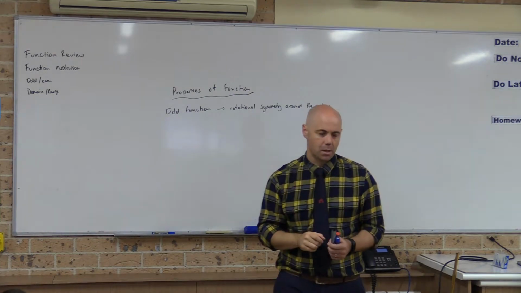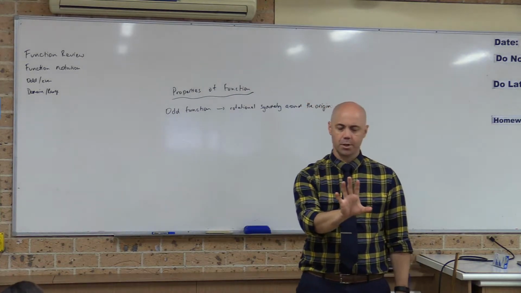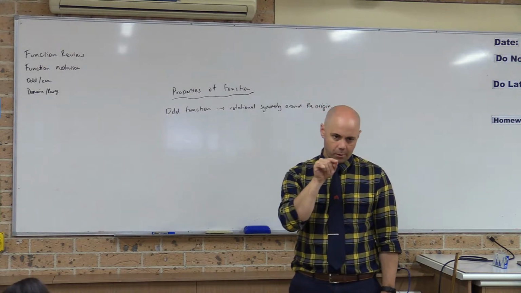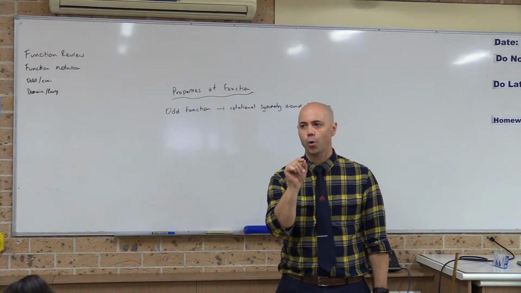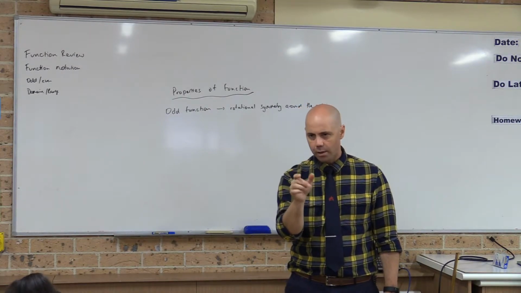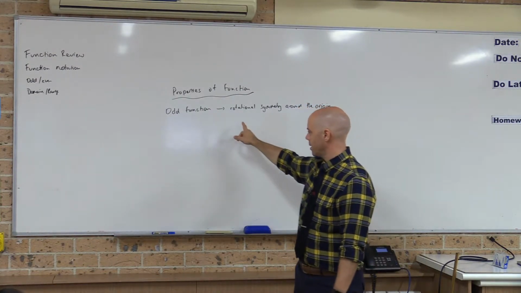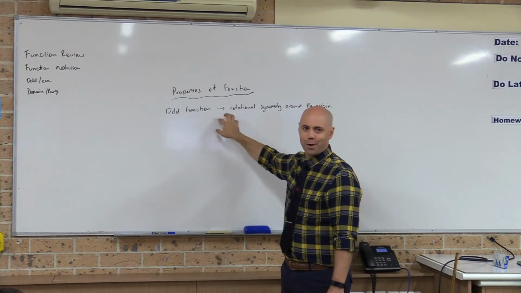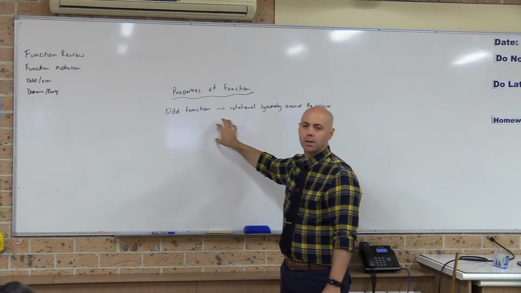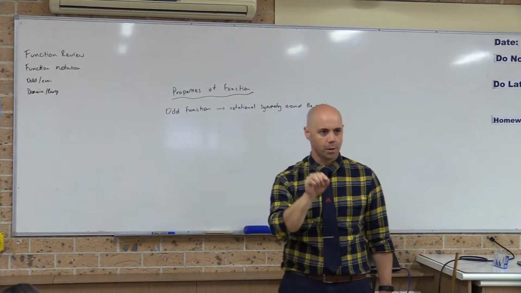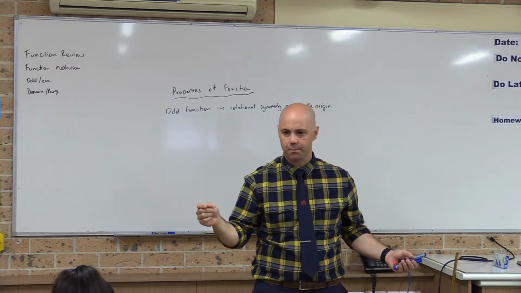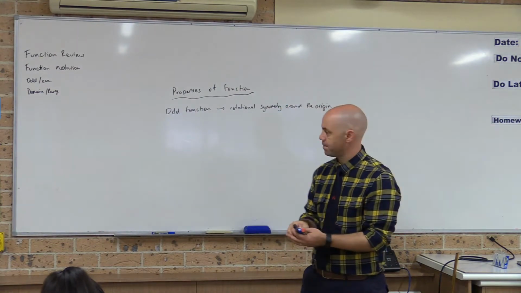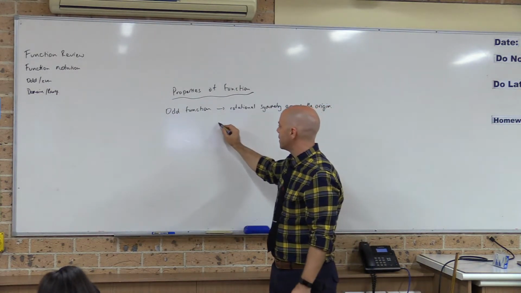That means that if you have a drawing of a function and you put a pin in it where it crosses the origin, an odd function can only work... That's not true, I'll take this back. It doesn't always work. But often, for the kind of functions we're looking at the moment, it will cross through the origin. You put a pin at the origin, spin it around 180 degrees, and it looks exactly the same. That's an odd function. And in terms of its